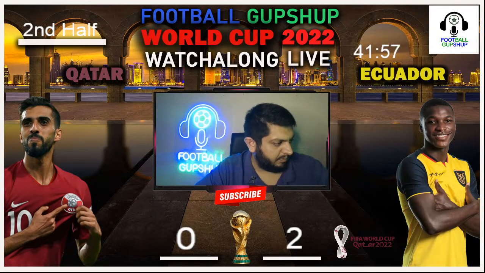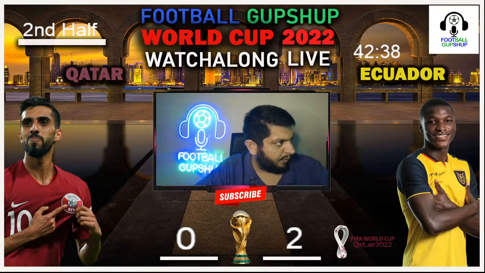Right now the ball has been pushed inside, and Ecuador with the ball right now. 87 minutes in. This is going to be fun. Right now, Ecuador with the ball, putting that ball in. They're still on the ball. This is going to be interesting to see what is going to happen here. Once again, the ball comes inside. The ball has been pushed, and it was the goalkeeper who collects it. And right now, Qatar nil, Ecuador 2. 88 minutes have gone in already.